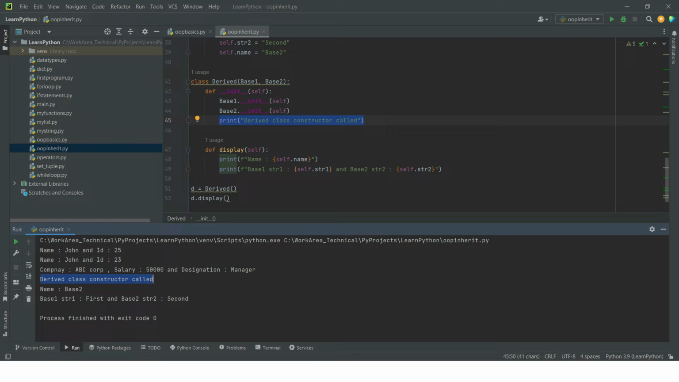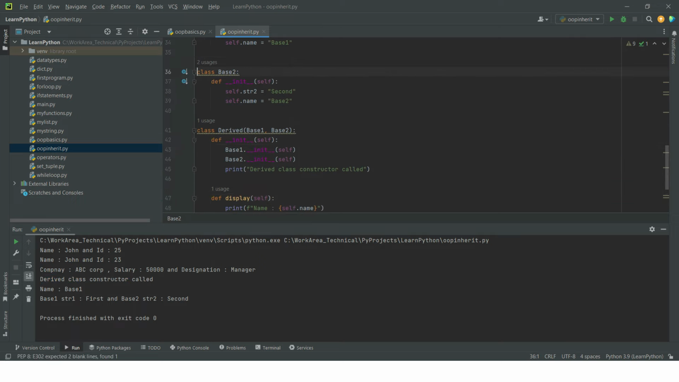Now after that we called display and it printed this. So what is happening here is I'm initializing base 1 first and then I'm initializing base 2. So the base 2 is overwriting base 1. All the attributes of base 1, if they are common between base 1 and base 2, then base 2 would overwrite it. And that's why you are getting base 2